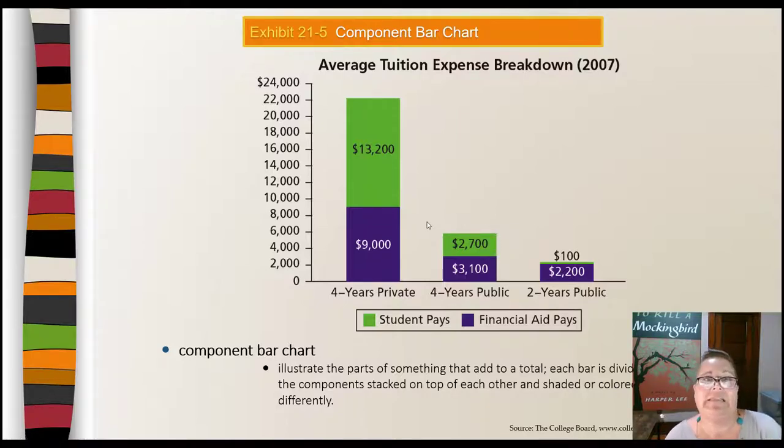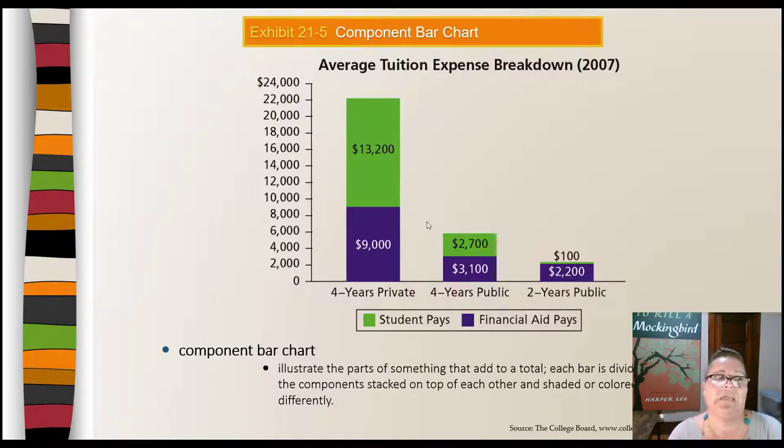We have done this in this component bar chart with three different types of schools. We've shown you a four-year private school where the financial aid pays $9,000, but the student pays $13,200. A four-year public school where the financial aid pays just over $3,000, but the student is paying $2,700. And a two-year public school where you see financial aid will pay $2,200 and the student is only responsible for